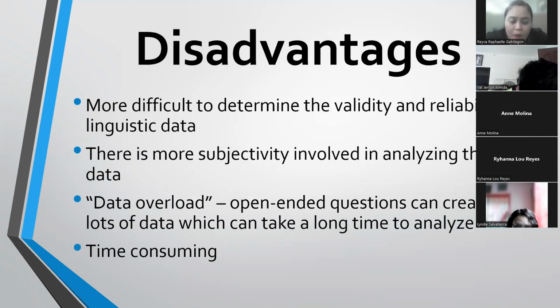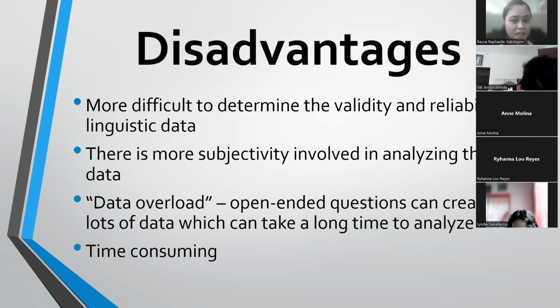Okay? So how about the disadvantages of doing a qualitative research? Number one is really we cannot really determine whether their answers are truthful or not, meaning we cannot validate and we are not sure with the reliability of the answers of our participants. Kasi when we conduct interview, again, we take their words as it is. And we do not judge them if they are like lying or not. So that's the difficult thing about doing a qualitative research.